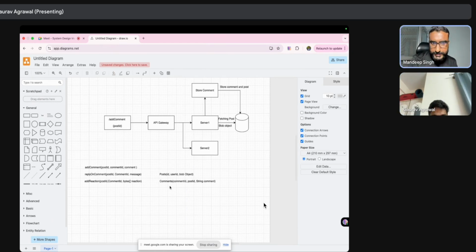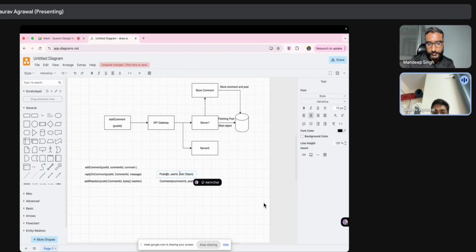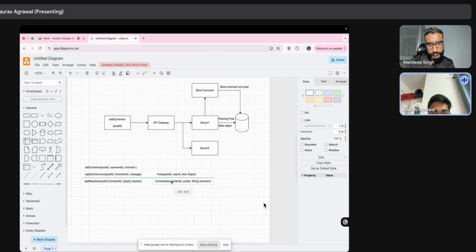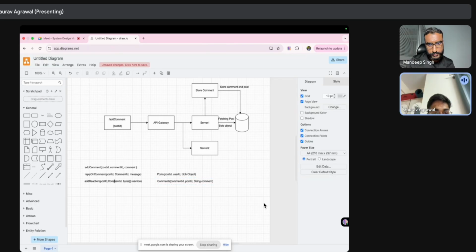So in this database, we are storing posts as well as the comments which are associated with the post. Okay, and how are they related? They will be related by the post ID, it's a foreign key. I'm just thinking how to store the replies, because a reply will be dependent on both post ID and comment ID, and likewise the reaction also.